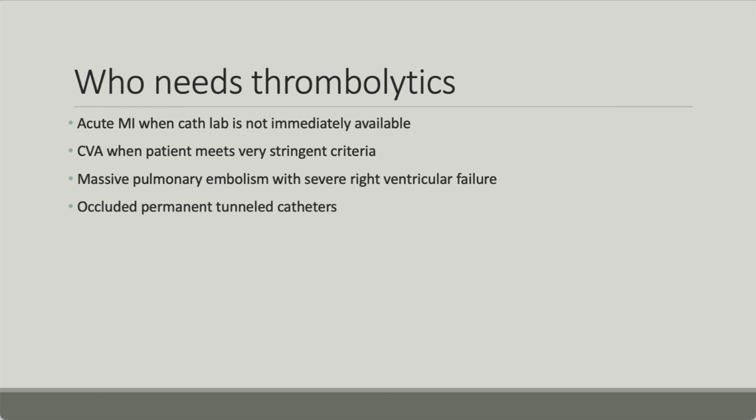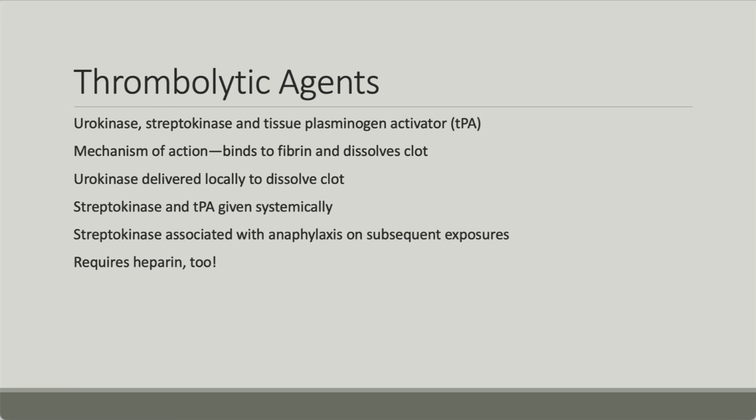And we can use it pretty commonly for tunneled catheters. So somebody who's getting chemotherapy has a Metaport, that's a tunneled device, and they clot up periodically. So we can put urokinase or streptokinase or something in there to dissolve that clot so that we don't have to give them a whole new device. So that's another common use of thrombolytic agents. The thrombolytic agents that you'll hear about are urokinase and streptokinase. You'll hear about urokinase being given in those tunneled devices probably the most.